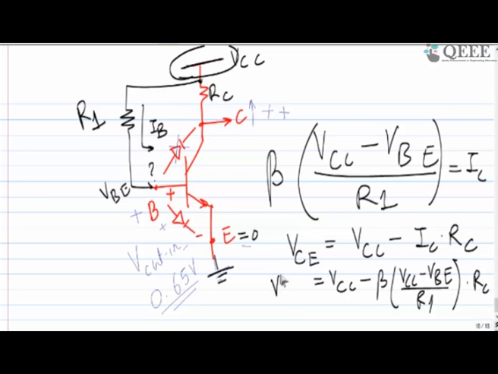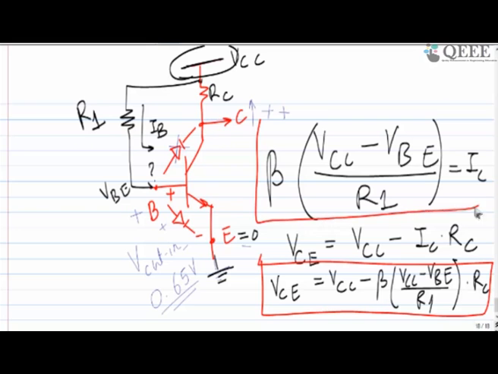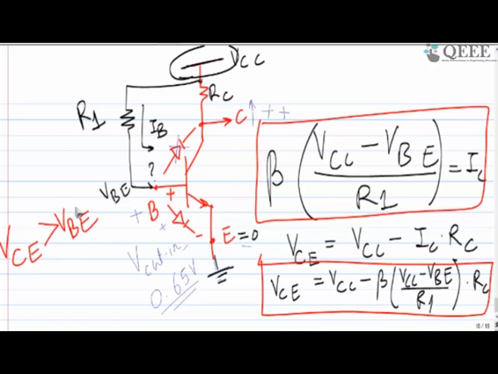So this is one equation I derived. This is one more equation I derived. And from this, as we agreed at the beginning itself, the collector potential has to be positive with respect to this base voltage. So this VC, whatever you got, it has to be greater than VB. This is one condition to make your transistor in active mode.